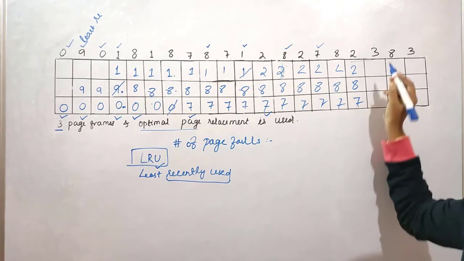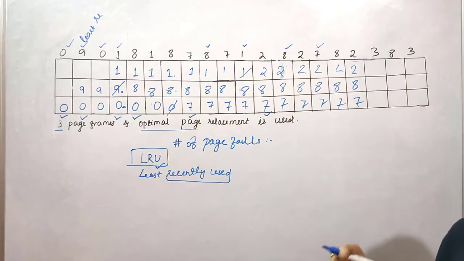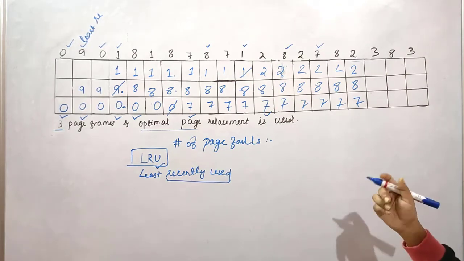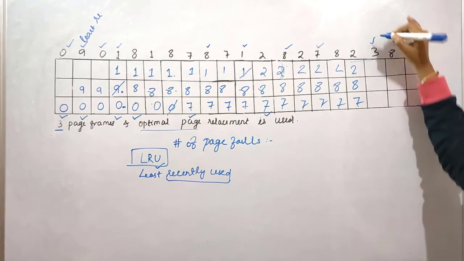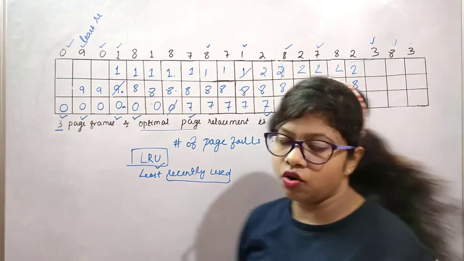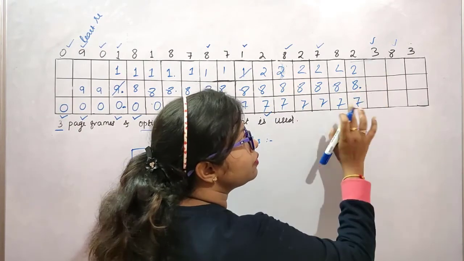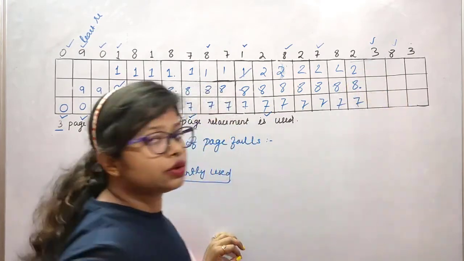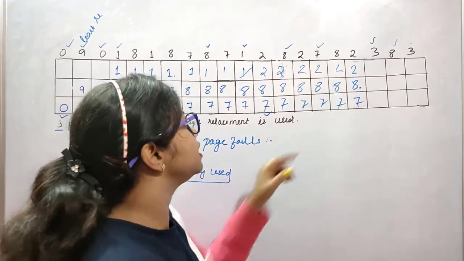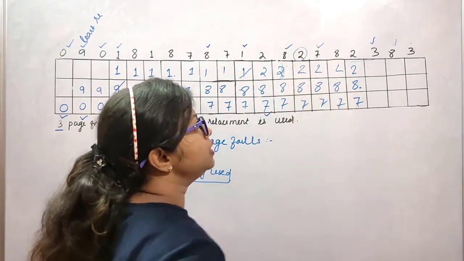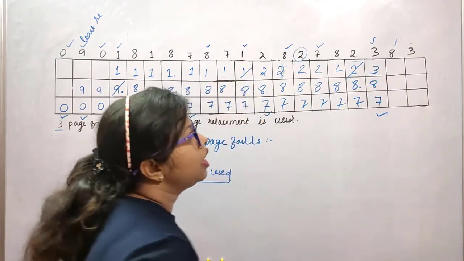Okay. Now when 3 is coming, there is no 3. Now again you have to check which we are going to use in the recent future. Okay, so 8 is going to be used and 3 is going to be used, but there is again a tie here. 8 is there, so it will definitely be there, but between 2 and 7, what are you going to use? Understood? So again you have to apply LRU. So which one is recently used? 7 is recently used and this is least recently used. So replace 2 with 3, and we have 8 7 as it is. Okay, I think you got this point.